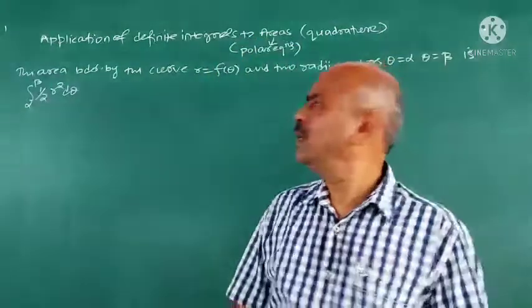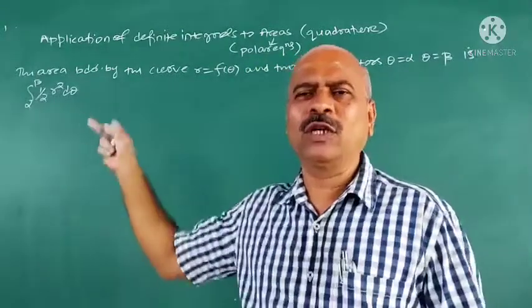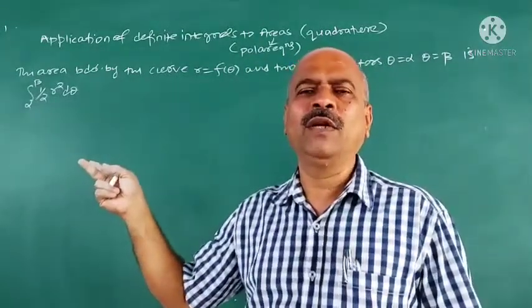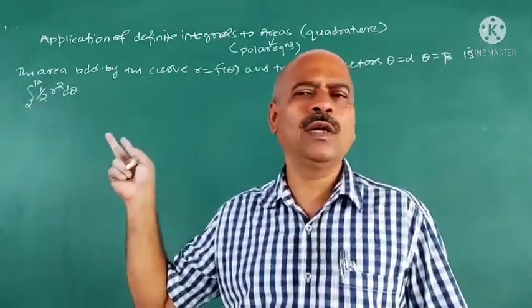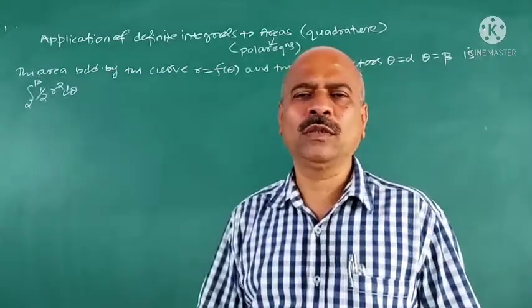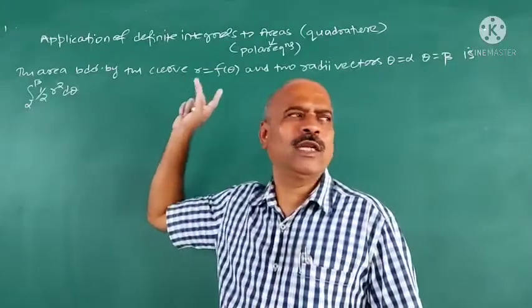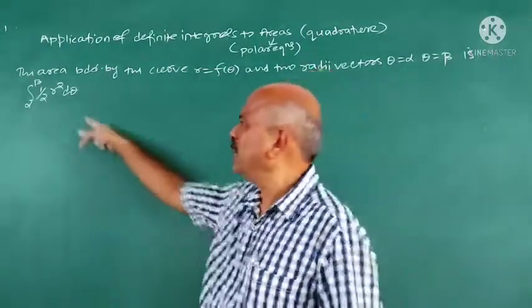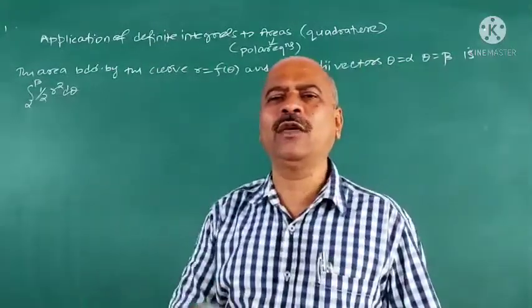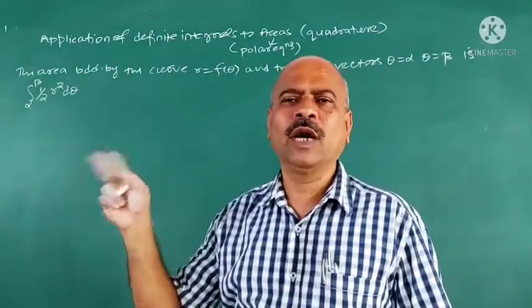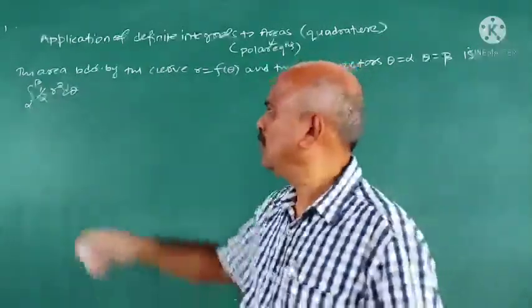See, the same question I derive this now, and if it is a usual examination, then this question will be asked for. This question is 5 marks question. Prove that area bounded by the curve r is equal to f of theta, and the radii vectors theta is equal to alpha, theta is equal to beta is this. But now same question can be converted into MCQ like this. How we can ask same one for MCQ? Multiple choice question. Question will be like this.